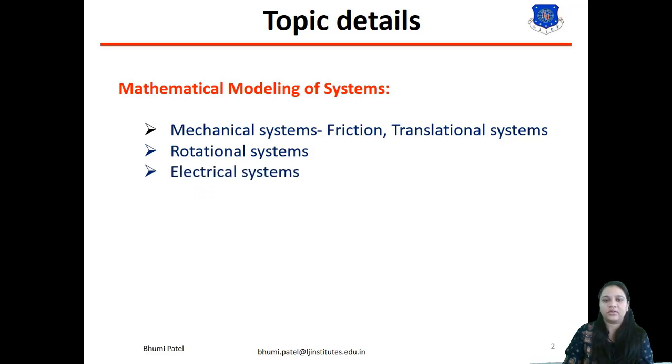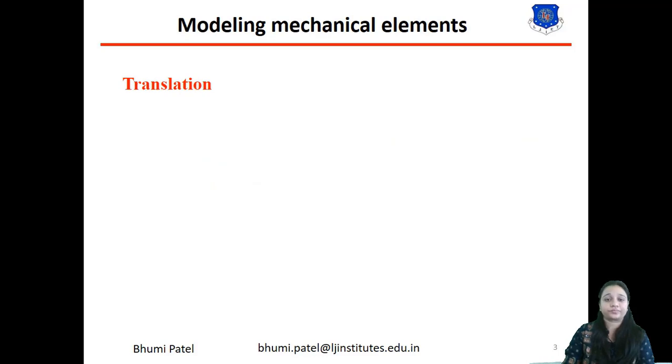So, the mathematical modeling of the system is the analogy of mechanical as well as electrical system. First topic is what is translation motion. The motion of translation is defined as a motion that takes place along a straight line. In the analysis, it is convenient to make use of three elements: mass, damper, and spring.